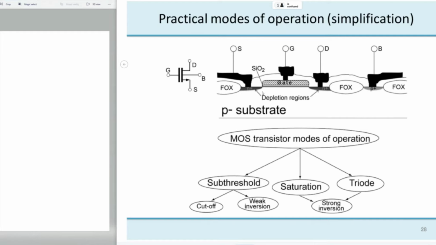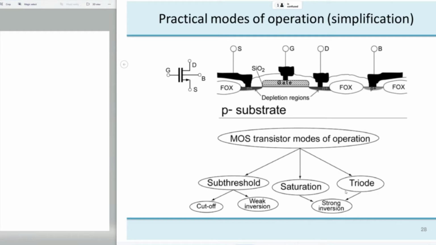So there are some electron carriers, so there is some small current that is being conducted. It's a valid mode of operation. There are circuits designed in this mode of operation. We'll discuss this. Then saturation and triode region, usually we discuss this in the context of